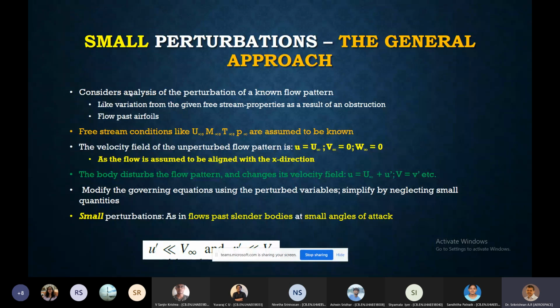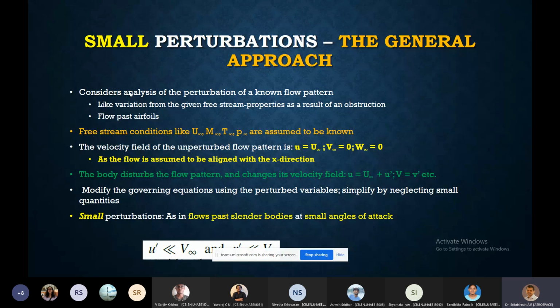Now, in the absence of the body, the flow would have continued with the mainstream properties, U infinity, etc. But then, by the introduction of the body, you are going to have some variation in the external flow field, right? Which in other words means that you are introducing disturbance to the mainstream properties. As a result of this, the flow field gets modified with a new set of properties